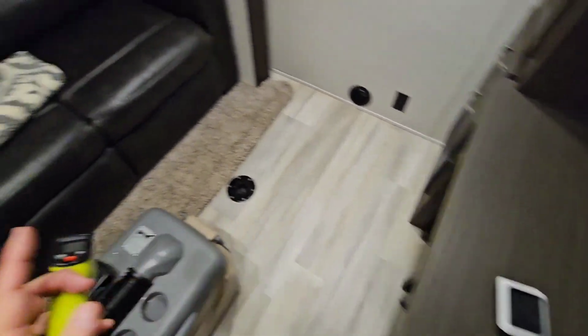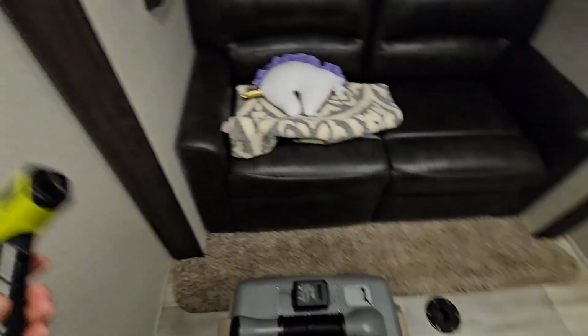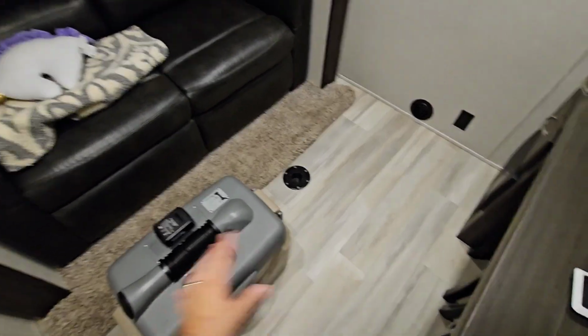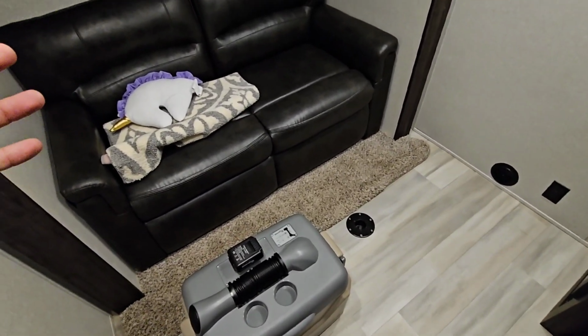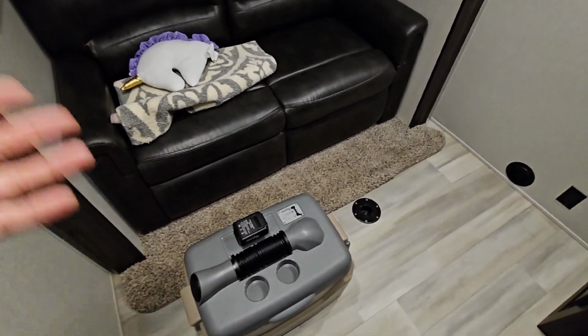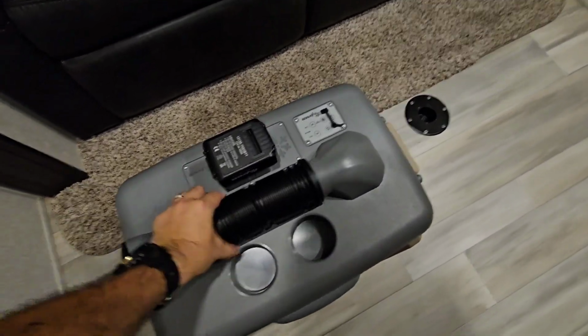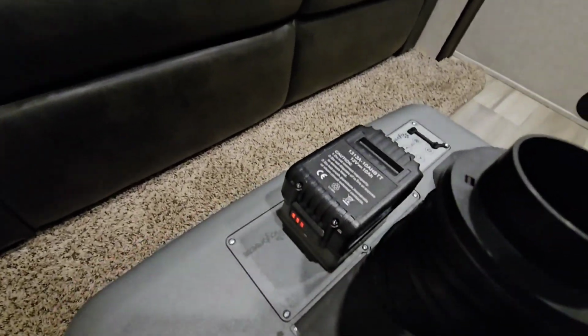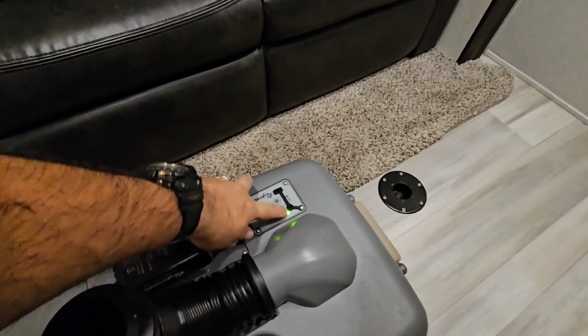There is going to be air loss in here, mainly because there's about a 2-inch gap underneath the door, but for all practical purposes, I think most people would understand that this test can confirm if this can keep a room a little cooler than what it would normally be if you didn't have an AC unit in it. So I'm going to take this. I'm simply going to push it up there, check the charge on the battery. It's showing the battery's full. We're going to power it on,